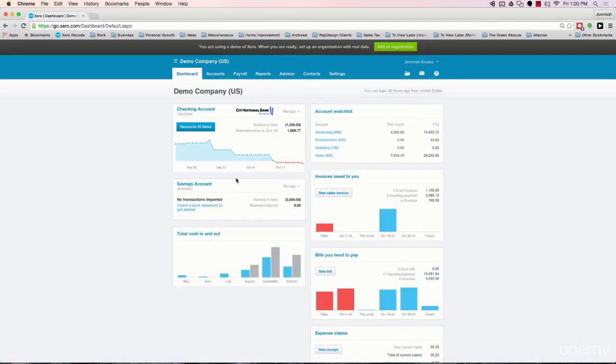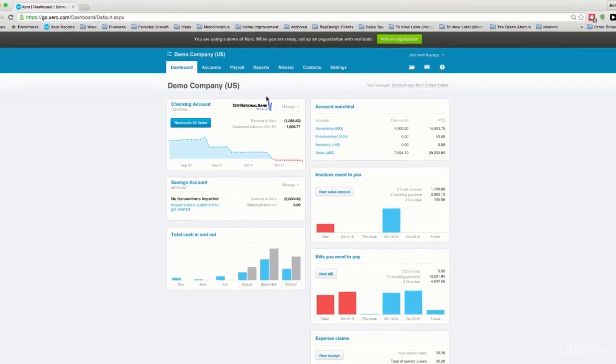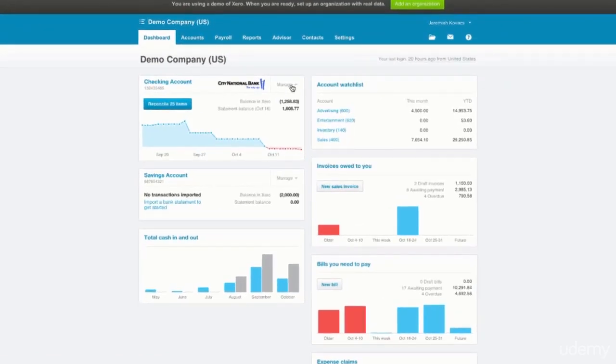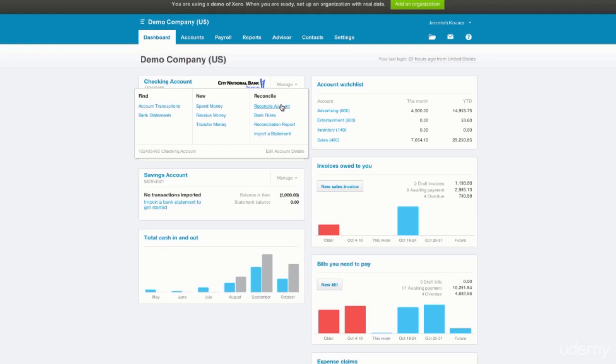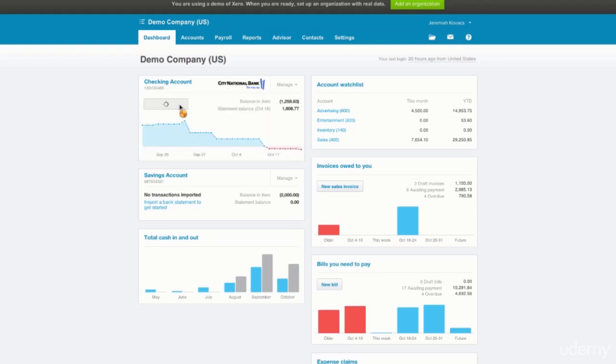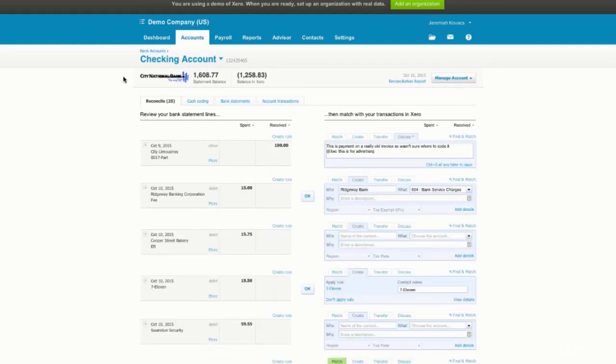Alright, we're ready to begin the second part of the reconciliation process, which is to explain to you the cash coding screen. To get there, like I mentioned before, you have one of two ways. Go to the Manage button, then click Reconcile Account, or we can click this Reconcile 25 items. And now that we've come to the Reconcile screen, I'm going to turn your attention towards the second tab, which